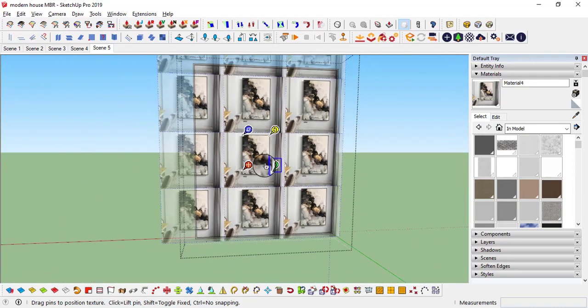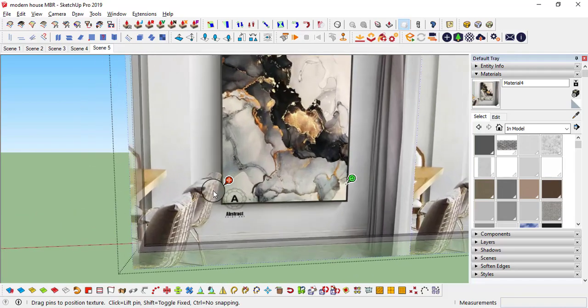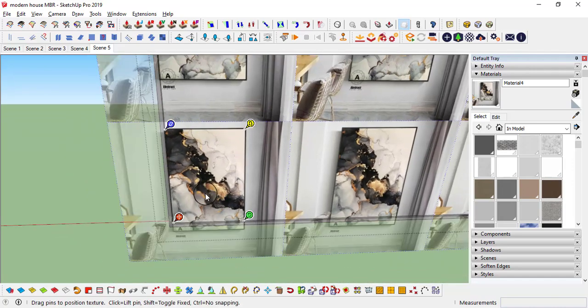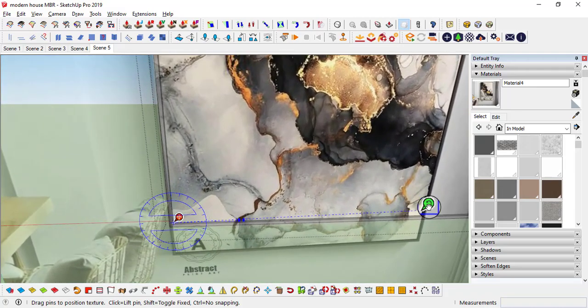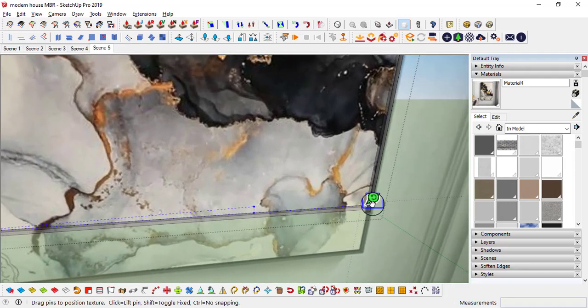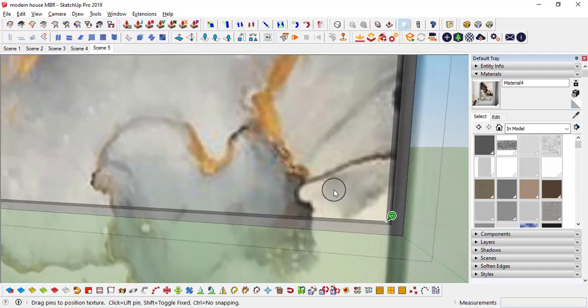Now you can adjust these points to the frame. Click and drag. Oh, move it carefully. While using the middle mouse, sometimes if you press shift, you will get this kind of dull image, and you can change them again. So just press shift, press and leave it, then you can get these colors. Once you get the color knobs, then you can move them easily. See, again shift. I will place it at this end, that's it.